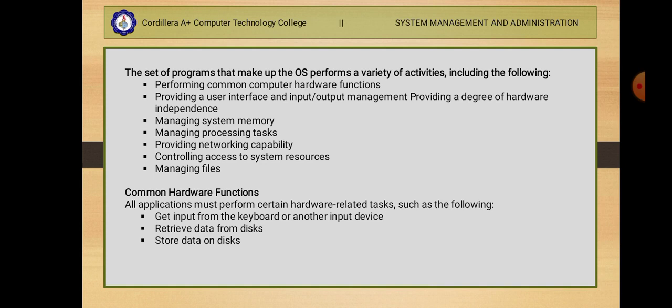Each of these tasks requires a detailed set of instructions. So, yung OS natin converts a basic request into the instructions that the hardware requires. In effect, the operating system acts as an intermediary between the application and the hardware. Yung typical operating system performs hundreds of such tasks, translating each task into one or more instructions for the hardware.